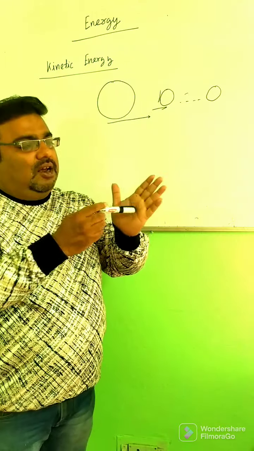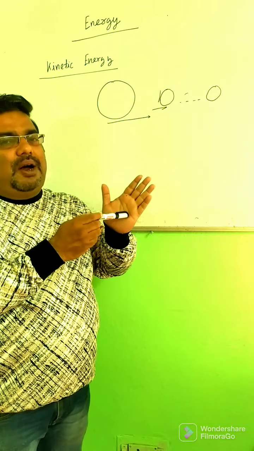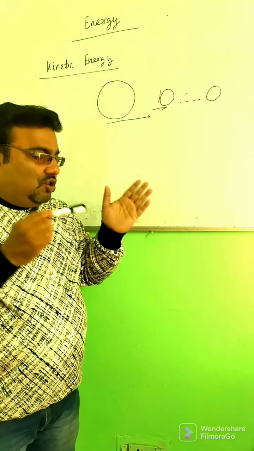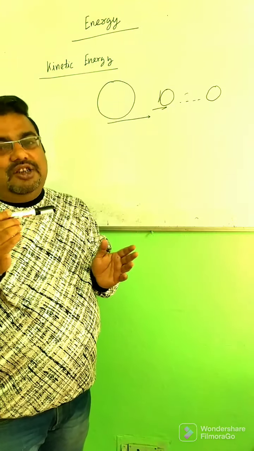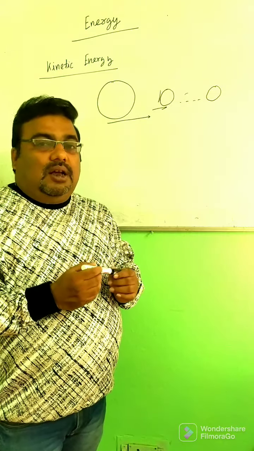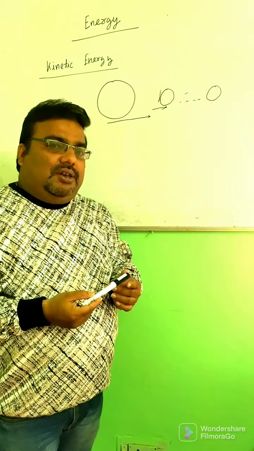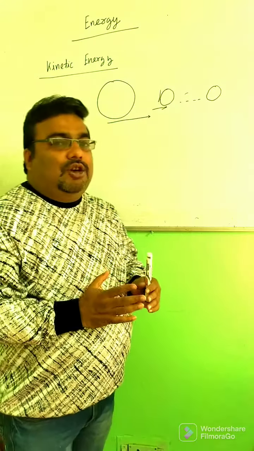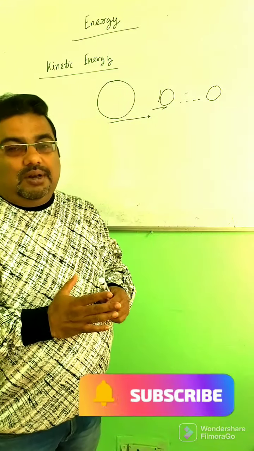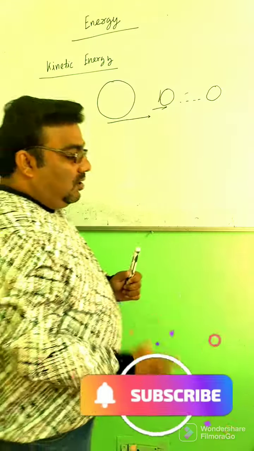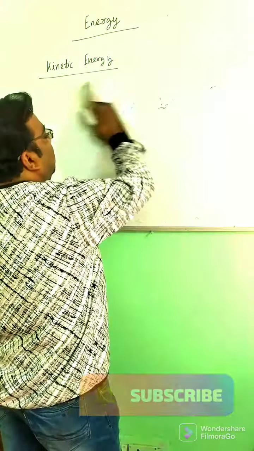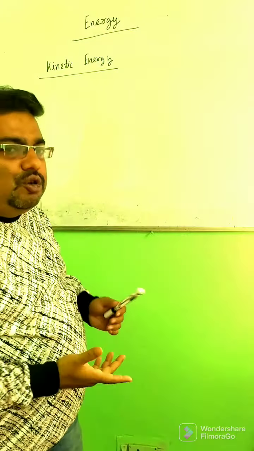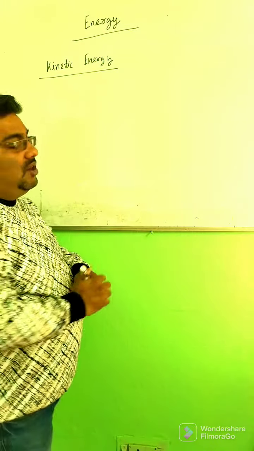एक बॉडी मूव कर रहा है, if there is some object coming in the path, if it is lighter, it can displace it. That means it is doing some work, and that work is due to the motion of the body. Whenever the body does work, it requires energy, and that energy comes from the motion. So that is kinetic energy. The energy due to the motion of a body is said to be kinetic energy. I hope the definition of kinetic energy is clear: the energy possessed by a body by virtue of its motion.